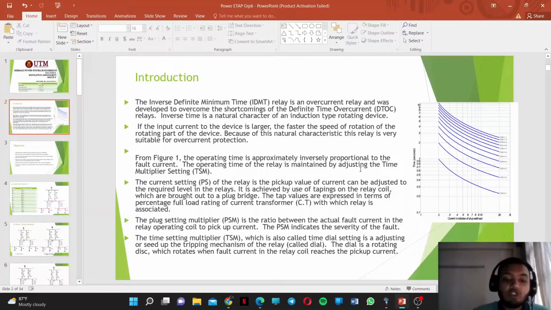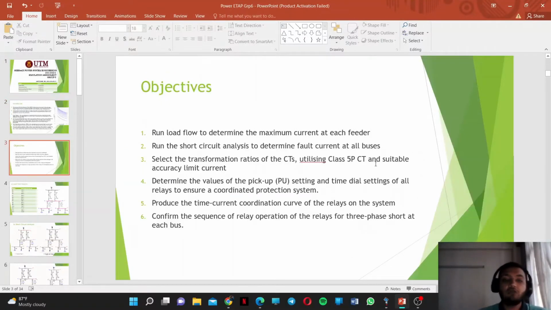The TSM, which is also known as the time dial settings of the relay, is adjusting the tripping mechanism of the relay. The dial is a rotating disc which rotates when fault currents in the relay coil reach the pickup current. The objectives of our project is first to run a load flow to determine the maximum current at each